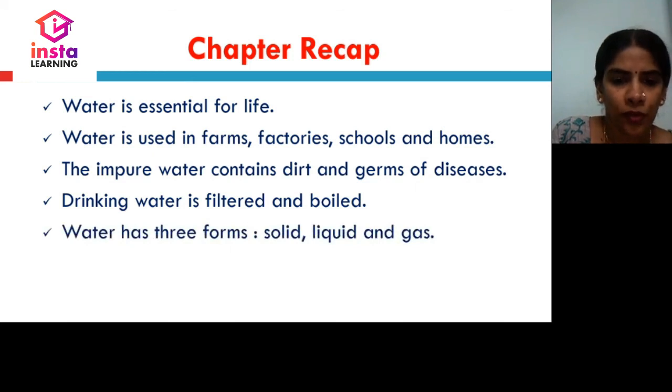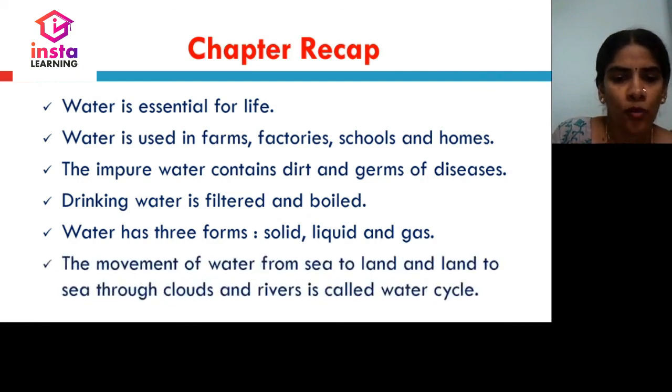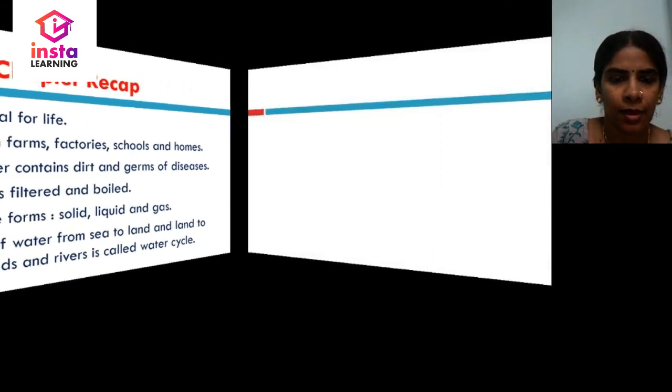Water has three forms: solid, liquid, and gas. The movement of water from sea to land and land to sea through clouds and rivers is called the water cycle. This ends our chapter 6.